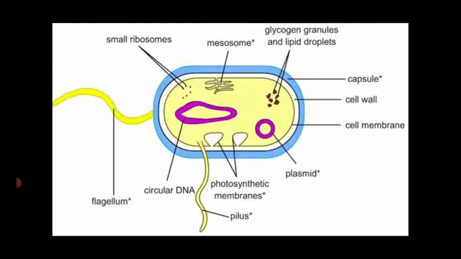The difference between flagellum and pili is also given here in this diagram. The flagellum is somewhat thicker than the pili. Some pili are responsible for reproduction, which are named as sex pili. So these are all the different organs present in the bacterial cell.